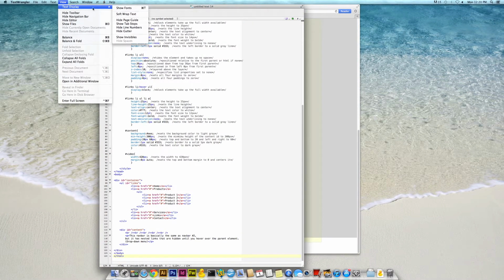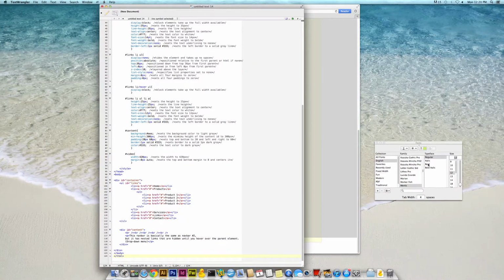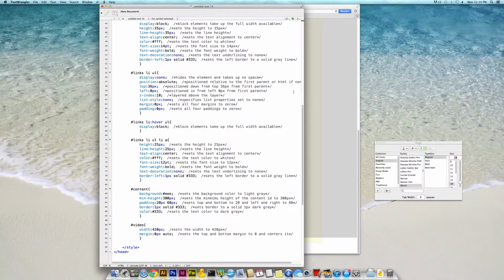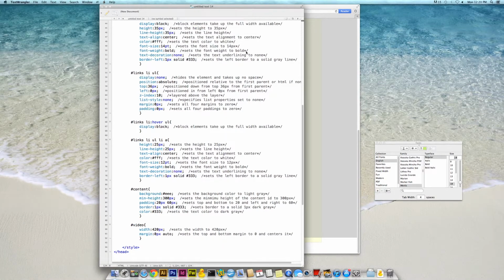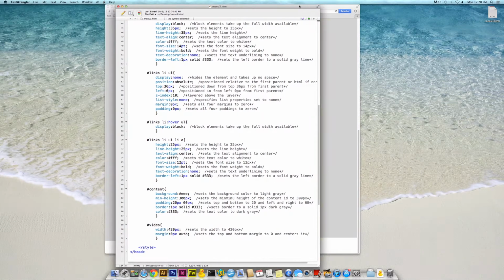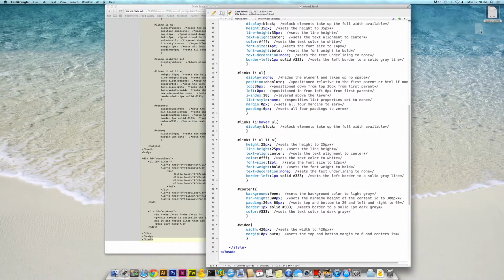I'm probably going to make that size a little bit bigger so you can see what I'm doing. 18. I'm going to save that as menu 3.html. Save it on the desktop. So, what we're trying to build with this menu 3.html, if we bring that back into